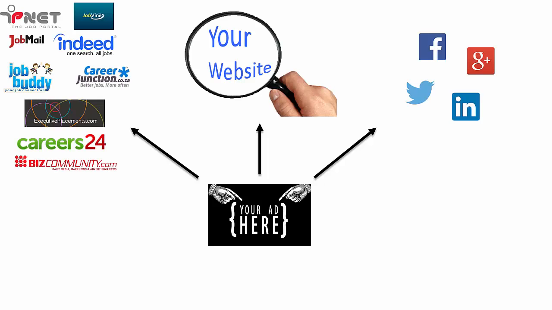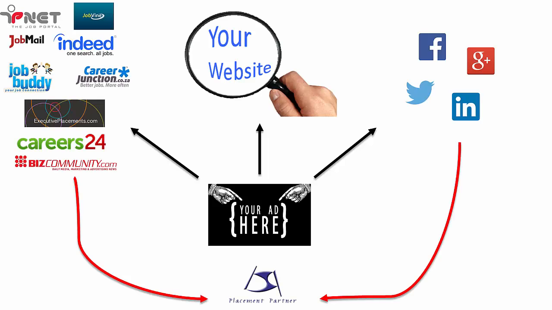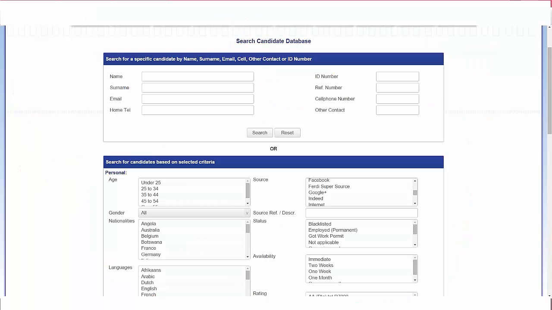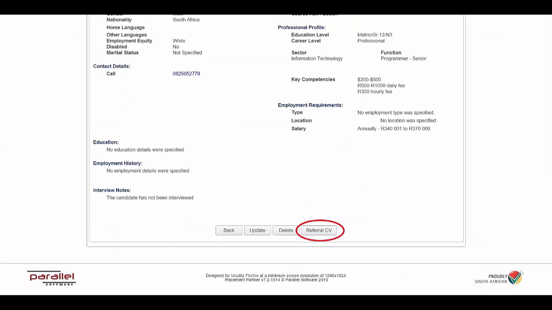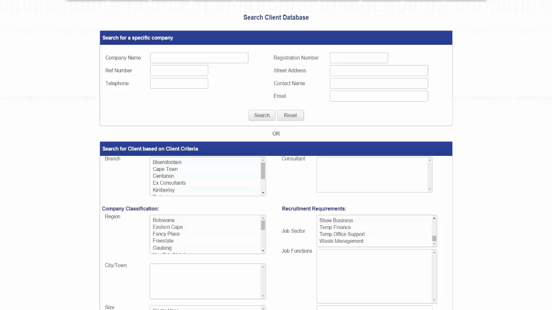You'll never look back. From now on, you'll be able to advertise to several platforms from one system, receive your ad response to a central place instead of cluttering your email inbox, easily find your candidates and sort through them accordingly, SMS your candidates, clients, or applicants, generate your candidates' CVs to send off to the client,